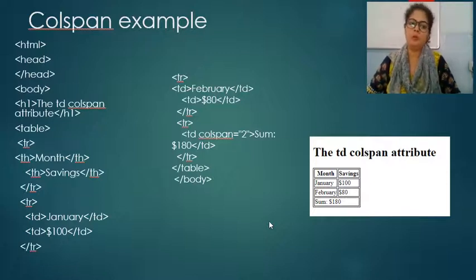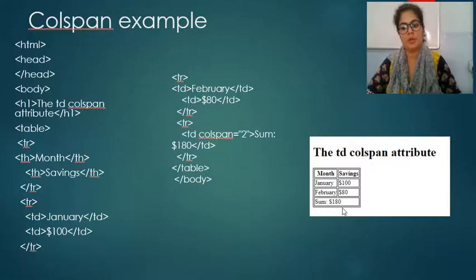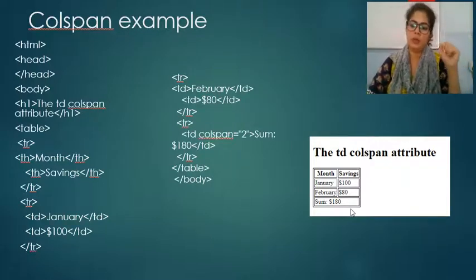You have to perform colspan and rowspan. So whenever you get this type of question, where they have merged some columns and some rows, you have to use colspan and rowspan. And we can also apply both in a single table. We can apply colspan and rowspan in a single table also.